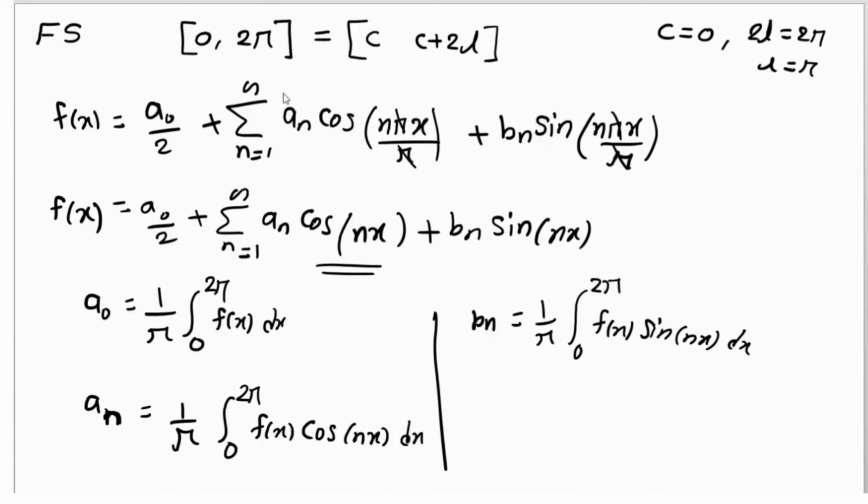See, suppose we want the Fourier series for the interval minus pi to pi, because most of the time when we solve questions, we get either the interval 0 to 2 pi or minus pi to pi. Sometimes you will get an interval from 0 to 2 or some constant form like minus 2 to 2. That we will discuss again, but these are the two most useful formulae when we solve questions. Most of the time they will ask you 0 to 2 pi or minus pi to pi.